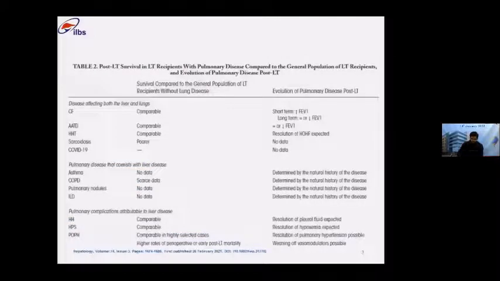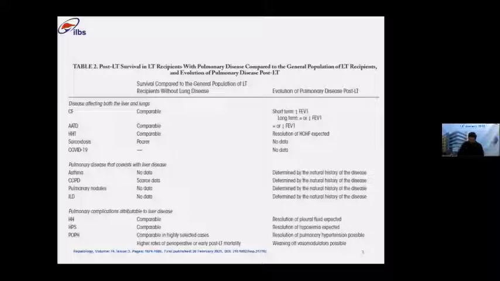Coming to this table, which is taken from Hepatology, post-liver transplant survival in LT recipients with pulmonary disease compared to the general population of LT recipients. Coming to the diseases which are attributable directly to the underlying liver disease, that is hepatic hydrothorax, hepatopulmonary syndrome, and portopulmonary hypertension, the outcomes are comparable to that of general